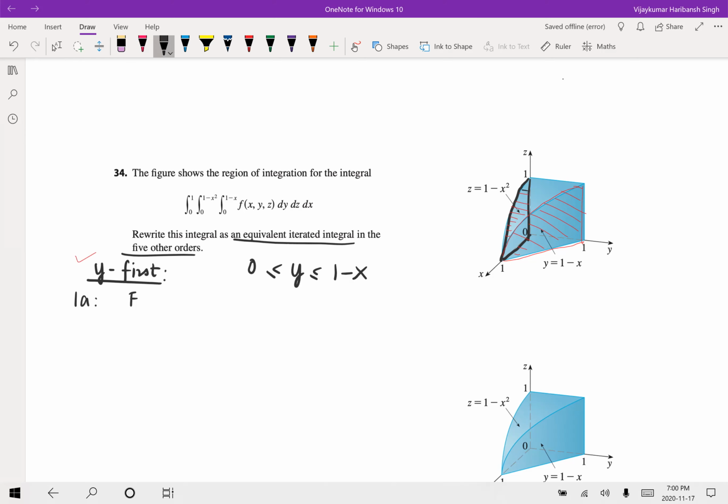Now first is to look at the footprint. The footprint lies in D, which is y equals 0. So footprint is in the xz plane. So it's all footprint D is all x, z such that